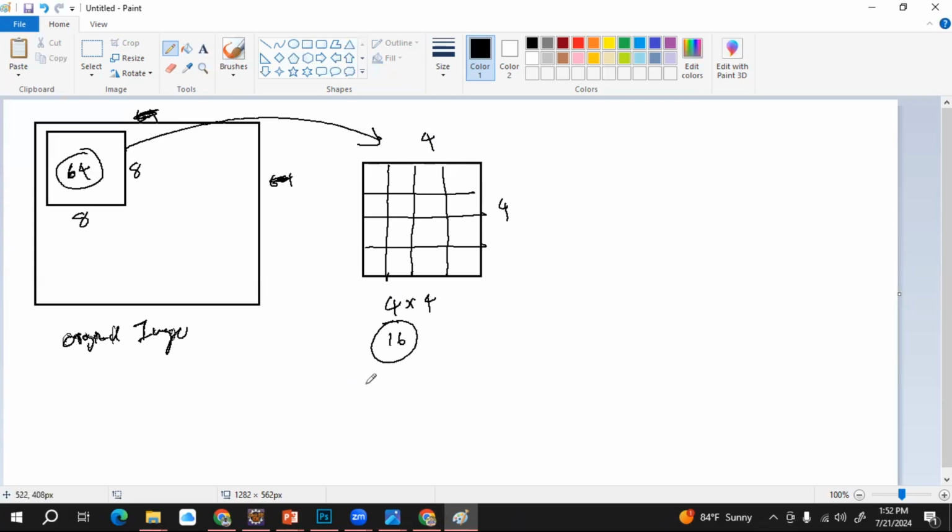This is just for this example. In the real world case, we have to take 64 pixels. Okay, then I will put some random numbers here. Let's say 111, just some random numbers, right? 236, 255, 200, 96,